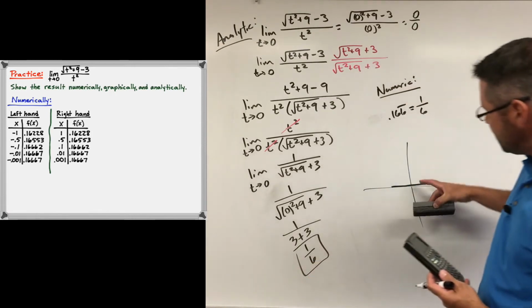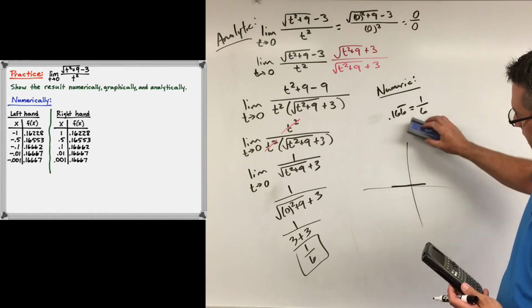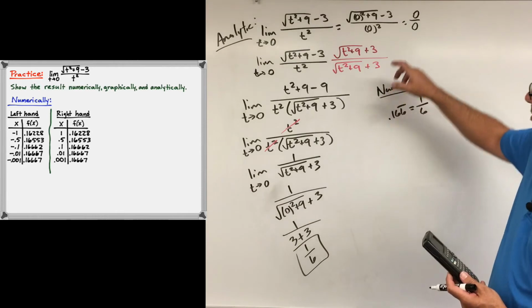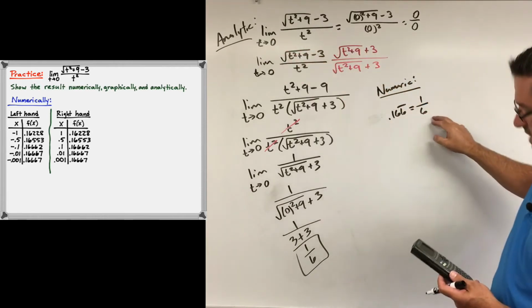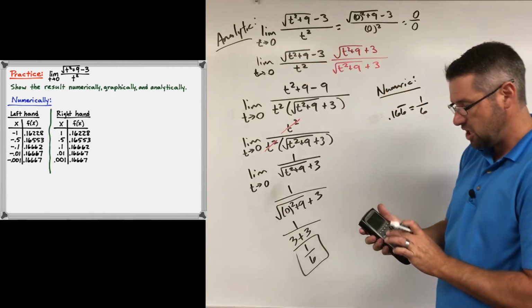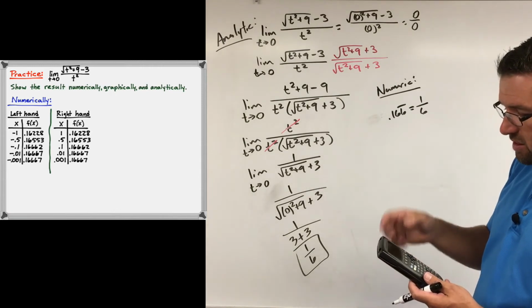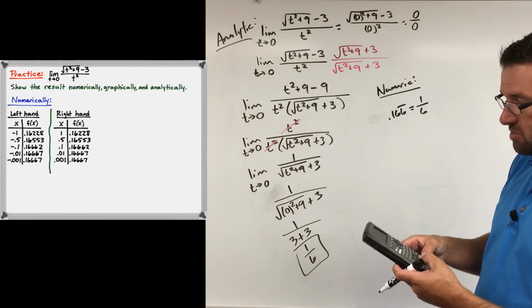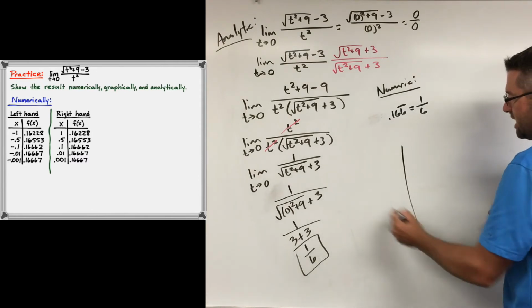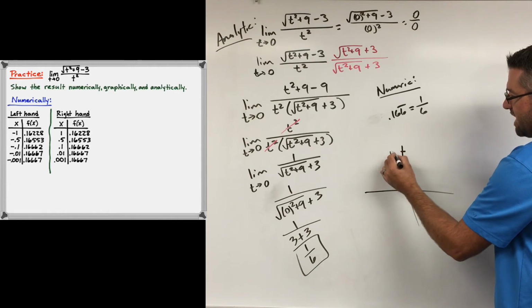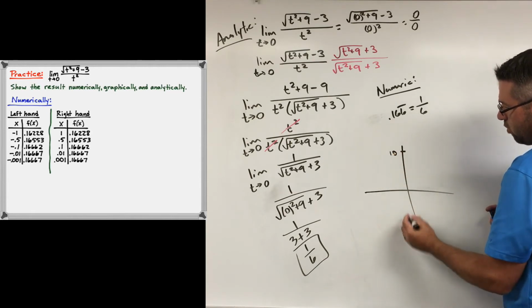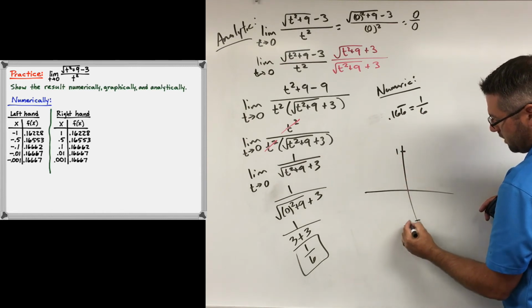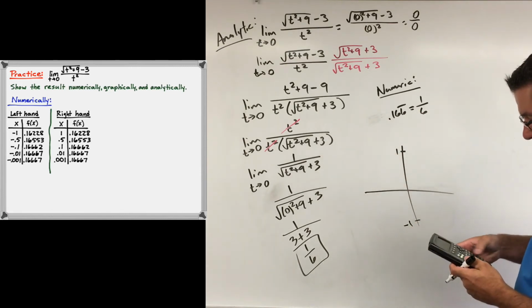But we can see that the function doesn't really go very high at all. And if you look at your numeric approach and your analytical approach, you can see when t equals 0, it's only going to that height. So I'm going to change my window so that the y minimum says -1 and the y maximum says +1. So what that does is, instead of this being 10 and -10, we're stretching everything out, so this says 1 and -1, okay? And then when we go ahead and graph that,